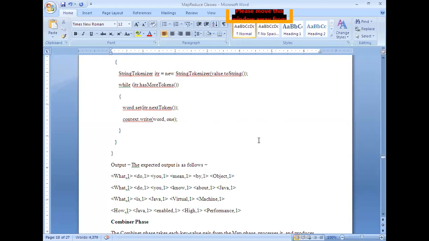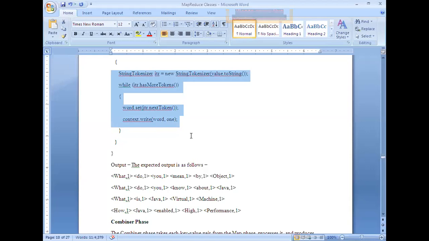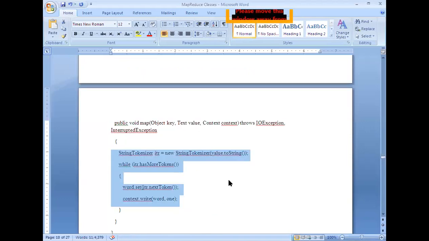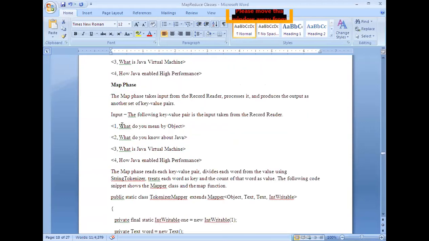In what way will the mapper logic be executed? See here, this code is purely your analytical skill itself. You can write a different code for the same application, no issue. So here this is the code meant for producing the output in that way. Here, in what way are you supposed to produce the output? You just read line by line.